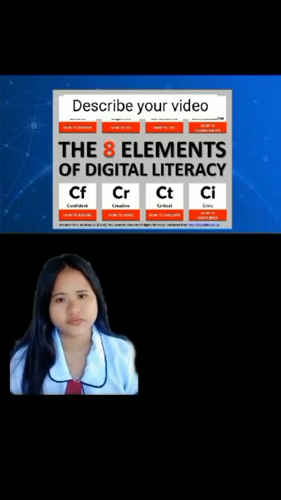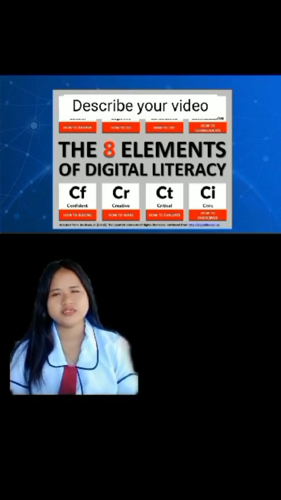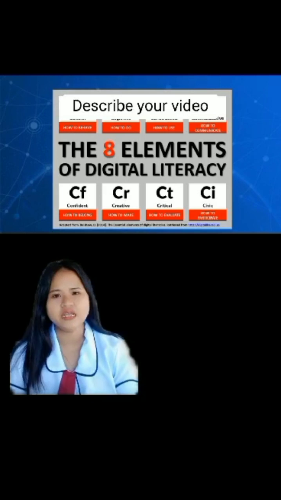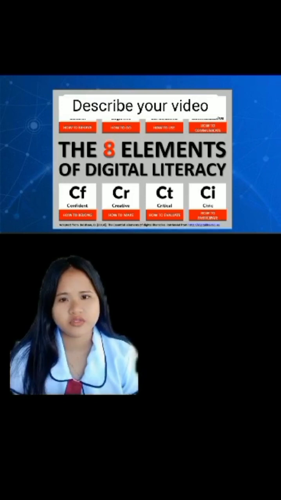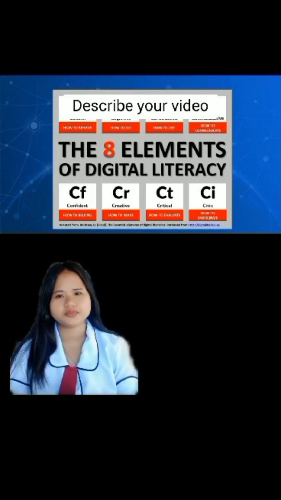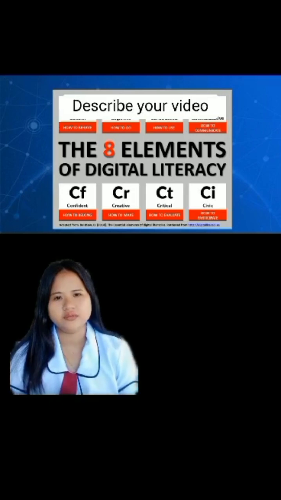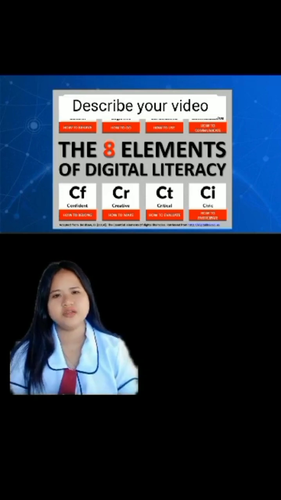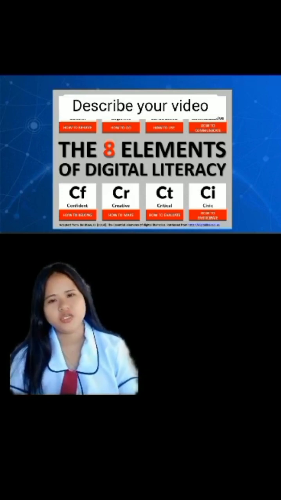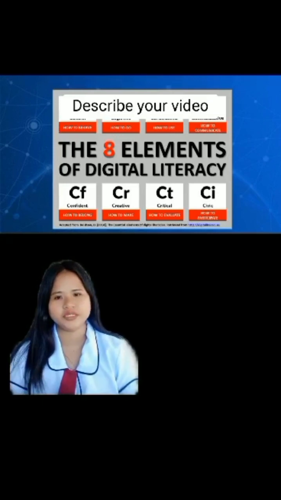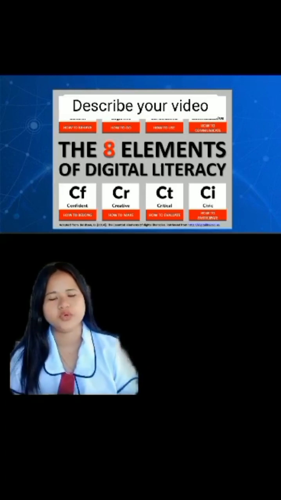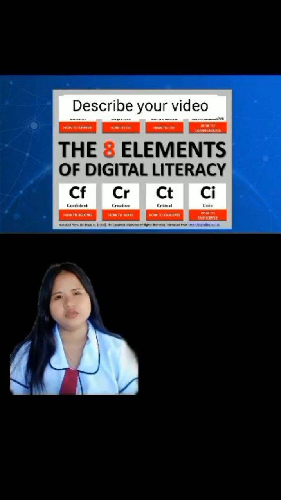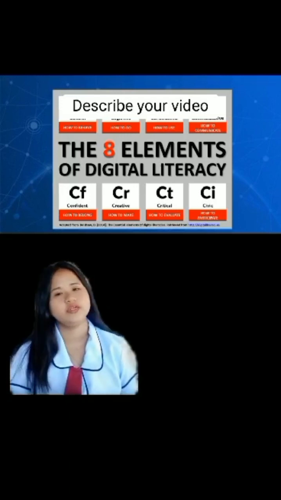Next is the constructive, or how to use the different social media platforms in a good way. Next is the communicative, so how to communicate. So it's really important to really understand and to use the social media platforms, not only for spreading the information but also for communication. But in my opinion, it is really important to have a connection with your loved ones or the people who are important to you in a physical manner, not only in the online or the internet world.